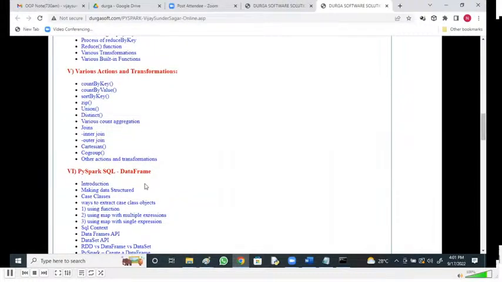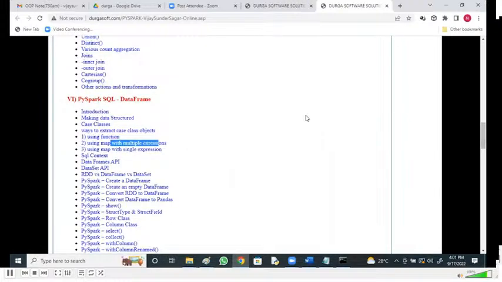Making data structured, case classes, ways to extract case classes, using function, using map with multiple expressions, using map with single expressions, data frames API, and PySpark creating a data frame. Data frames is one of the important topics in PySpark. Creating an RDD data frame to pandas; we have also got pandas data frame to pandas.